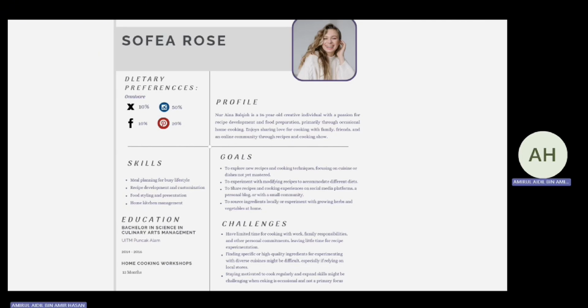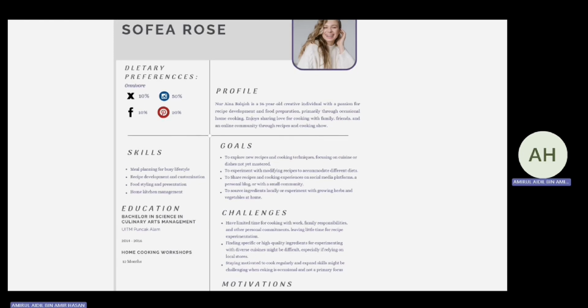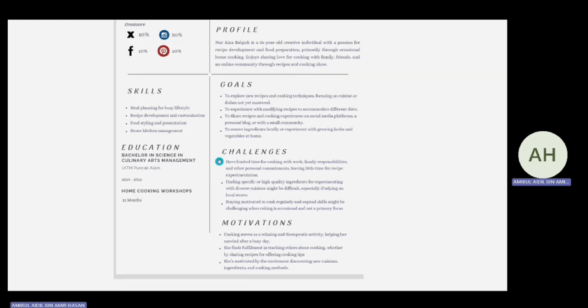To source ingredients locally or experiment with growing herbs and vegetables at home. So, what are the challenges? The challenge is she has limited time for cooking with work, family responsibilities, and other personal commitments, leaving little time for recipe experimentation. Finding specific or high quality ingredients or experimenting with diverse cuisines might be difficult, especially if relying on local stores. Staying motivated to cook regularly and expand her skills might be challenging when cooking is occasional and